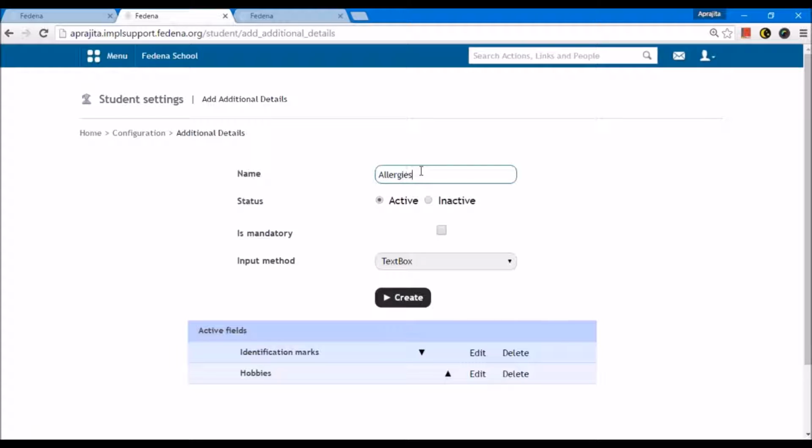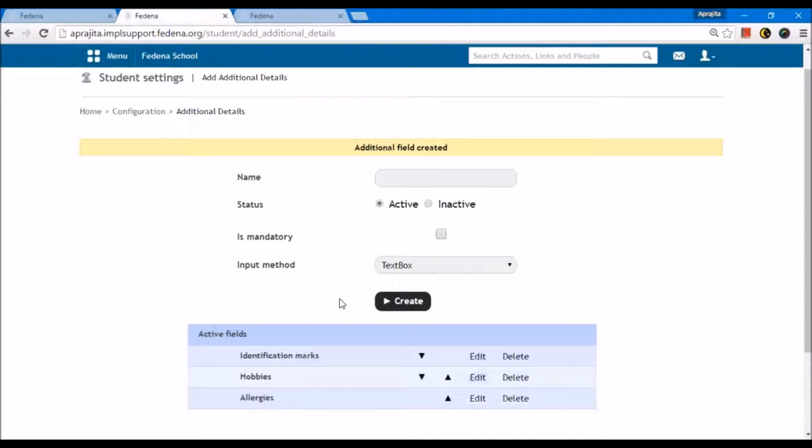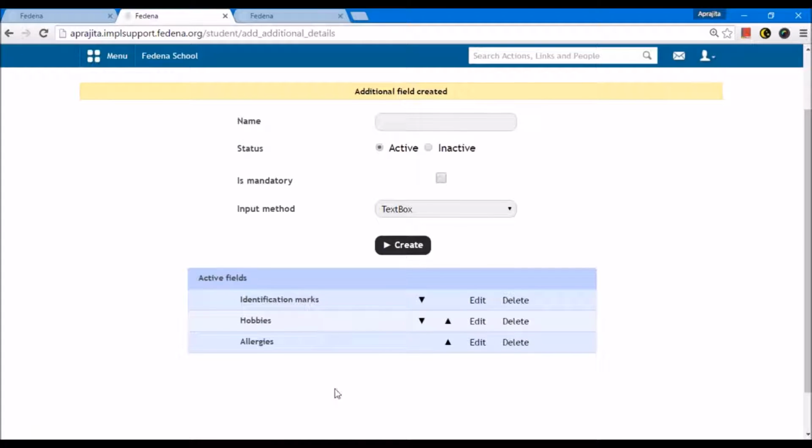If you want to know about the allergies of the student, in case the institute is providing lunch. So based on how you want the thing to appear, you can select the input method also. It can be a text box, a text area, drop down, or a list of checkboxes. Now, this additional information is what will appear when you are doing the settings.